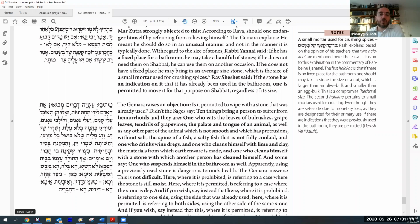Also, one who suspends himself. In other words, don't just squat, but rather lean on something, sit on something. Otherwise, all these things could be dangerous for hemorrhoids. And so here we have a machlok, we have a problem, because this baraita